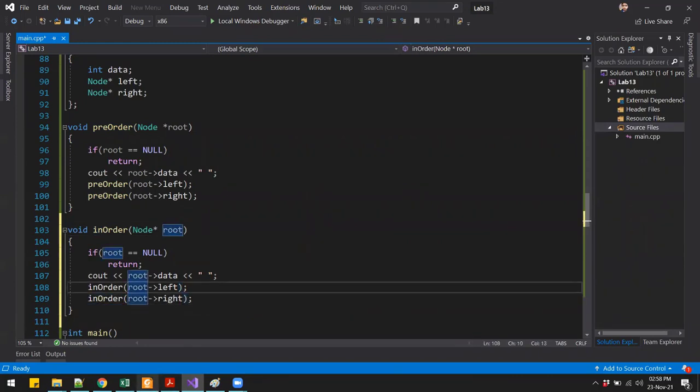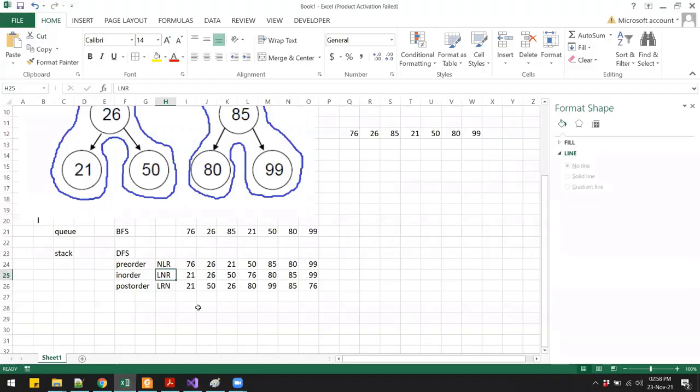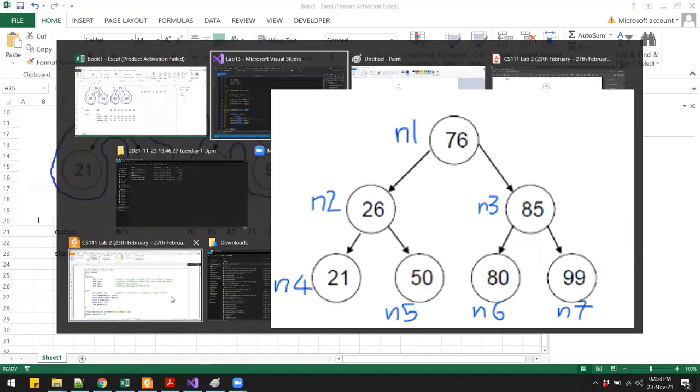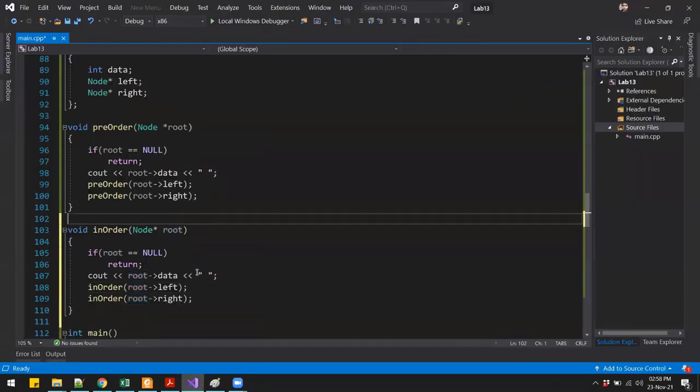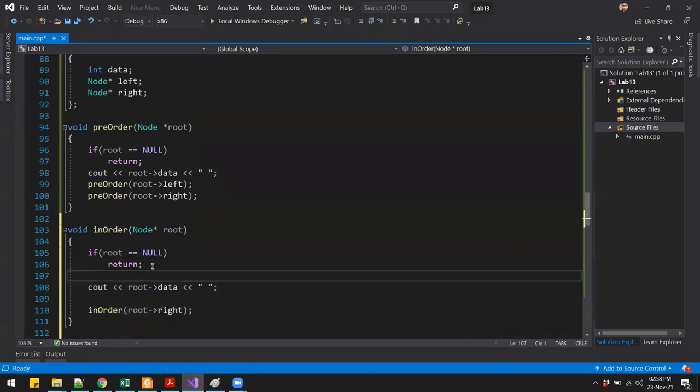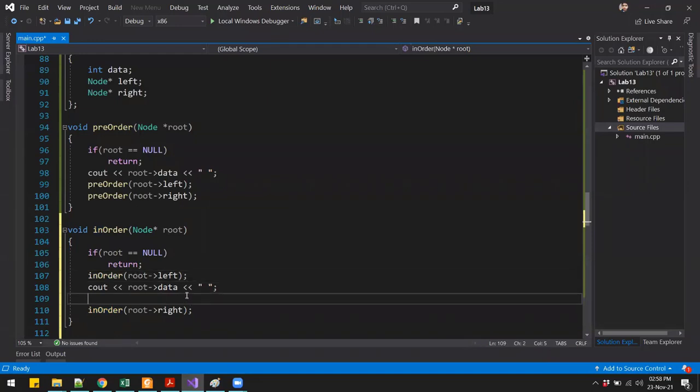Now looking at the definition of the in order traversal, we are saying you first go to the left child, then print the node, then go to the right child. So we will first go to the left child, and then we will print the node, and then go to the right child.